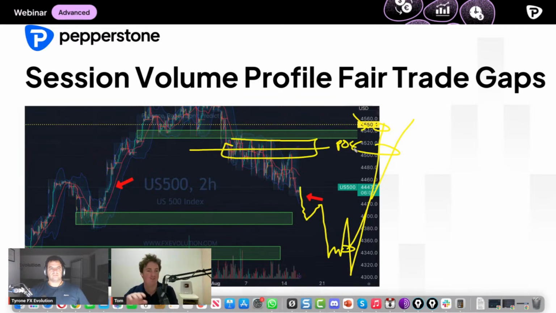So it's funny how session volume profiles and also these fair distribution gaps and everything else can just help us to understand where the big players are sitting in markets, can't they, Ty? Absolutely. And it's a very, very important concept and element of trading, because knowing where the real money is, where the big traders are,